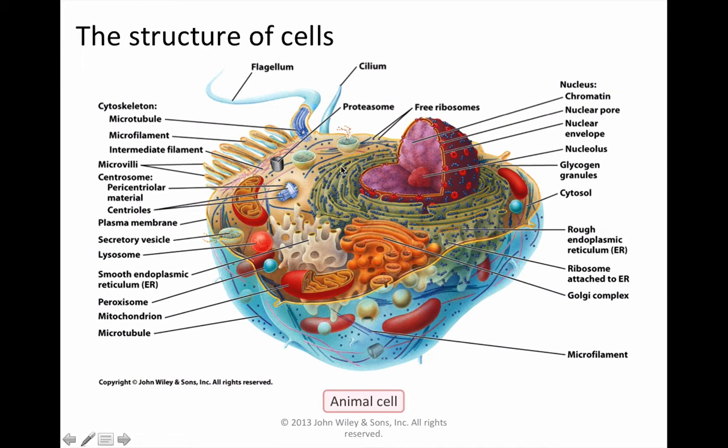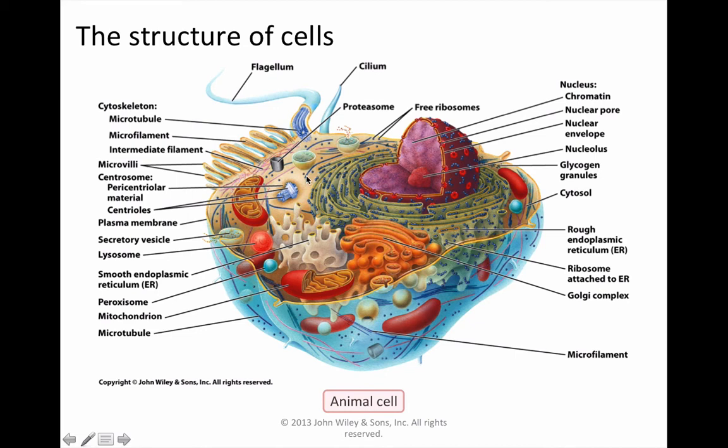Around our nucleus, of course, is that membrane, so nuclear envelope. Similar organelles again, rough endoplasmic reticulum, smooth endoplasmic reticulum, Golgi, mitochondria. We also have ribosomes, proteasomes,